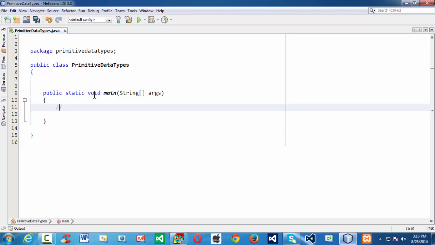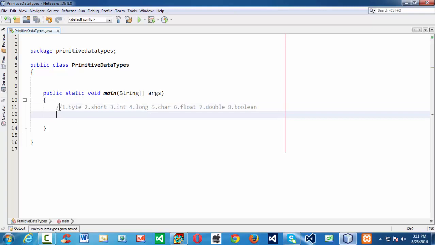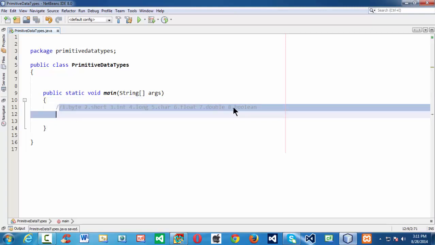The first one is byte, second is short, third is int, fourth is long, fifth is char, sixth is float, seventh is double, and eighth is boolean. These are the 8 primitive data types in the Java programming language.